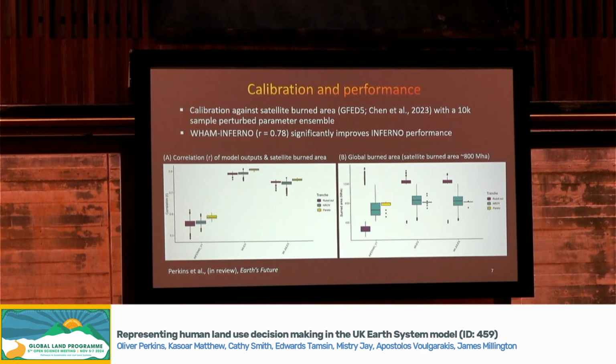And we also do a better job of getting the magnitude of fire right. So a lot of fire on Earth is small human fires. And as the satellite products are improving, we now detect more of them. And so we're doing a better job of capturing that distribution in our model.